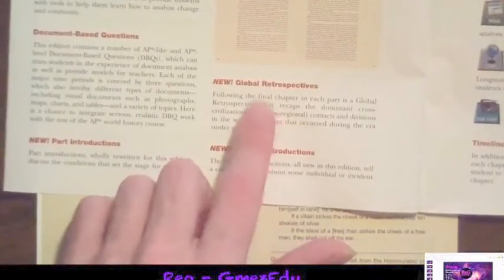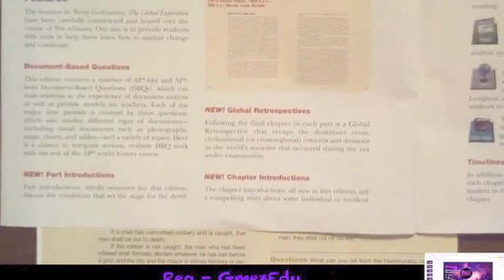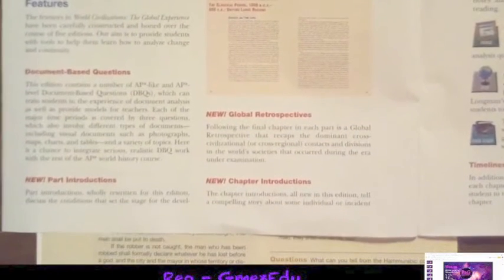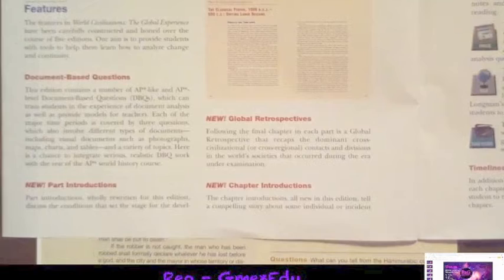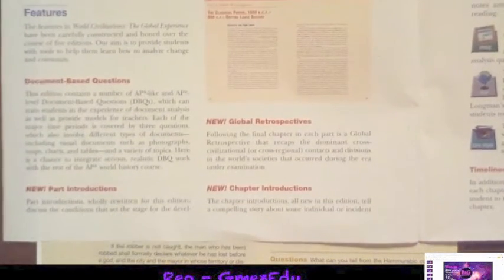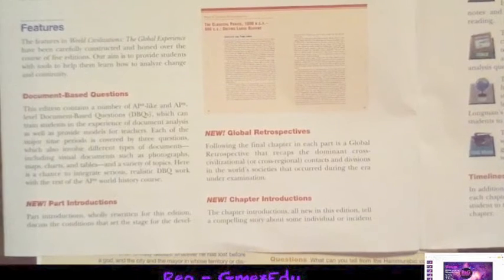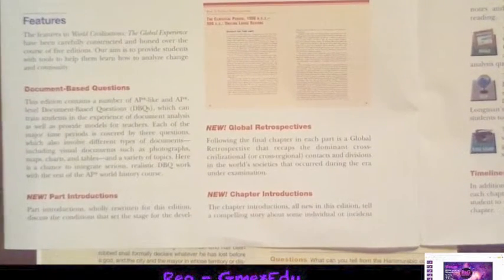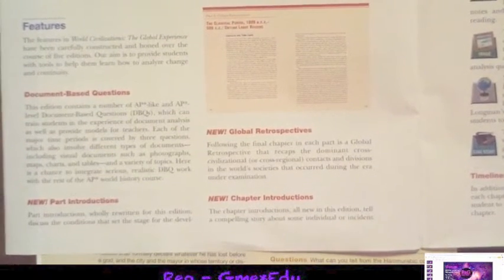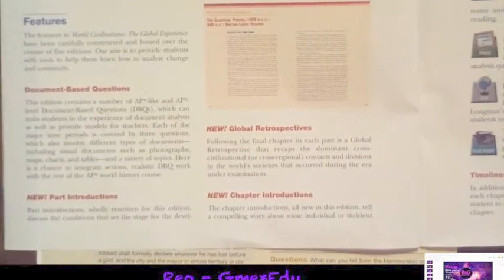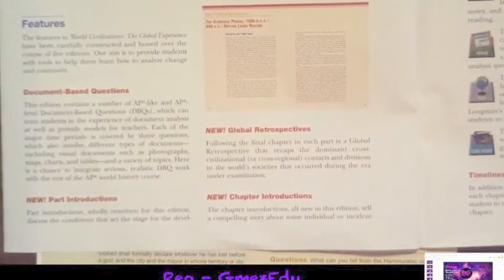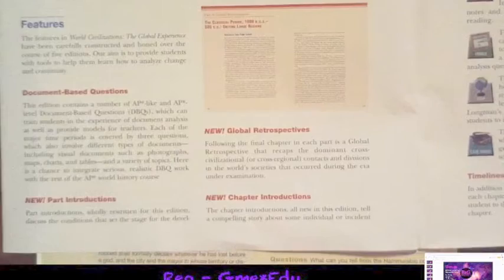It also talks about their global retrospectives. Global stuff from a book of 2007. Just keep that in mind. When I talked globalization, I always did it year to year. And also, if you're teaching history or social studies, a lot of this stuff, the global context, has changed, right? So just keep that in mind as you're perusing these older sources and materials.